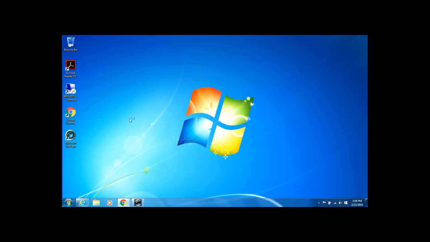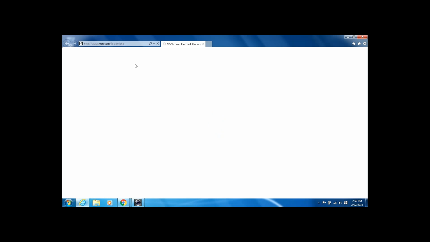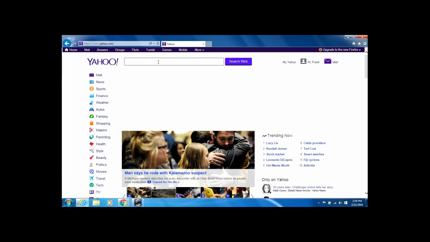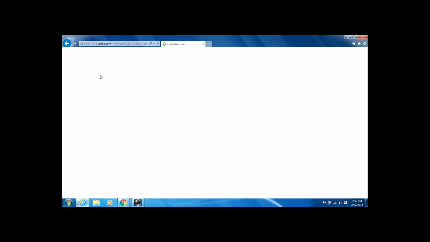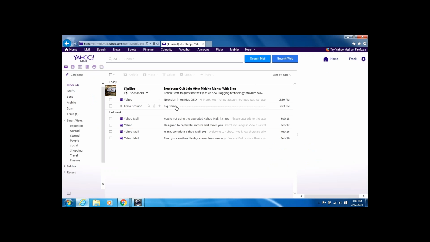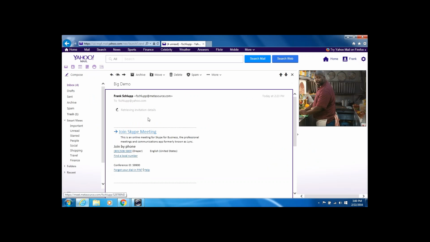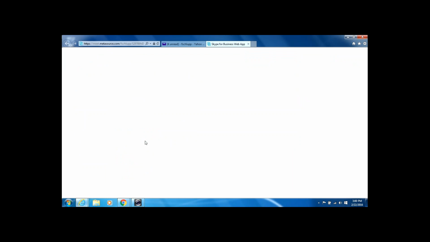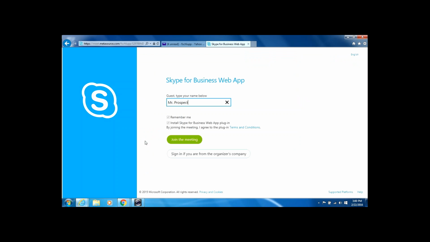So I've sent a meeting invite, and you'll see this looks exactly like the meeting invite that we were looking at earlier in Outlook. So it's got a big link in the middle where you can join a Skype meeting. When I click on this link, it'll take me to the MetaSource Skype server. At this point, I can type my name,